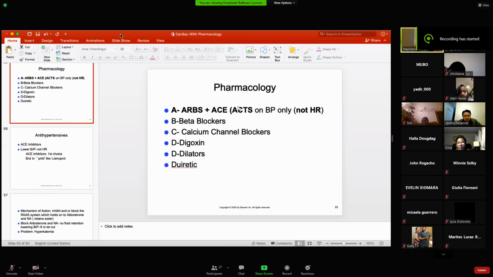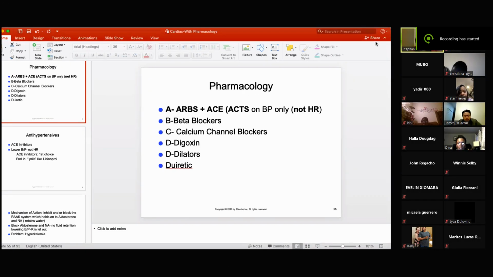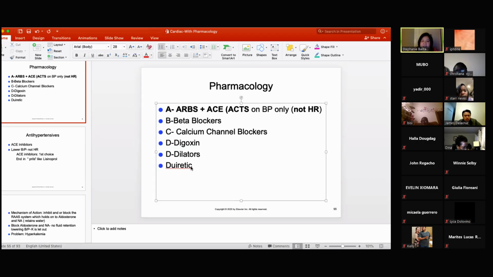So, we are talking about, first, these are most of your cardiac meds. These are mostly your antihypertensives, okay? So you have, look at this, it's A, B, C, D. All of these are antihypertensives. So you have ACE inhibitors, your ARBs,